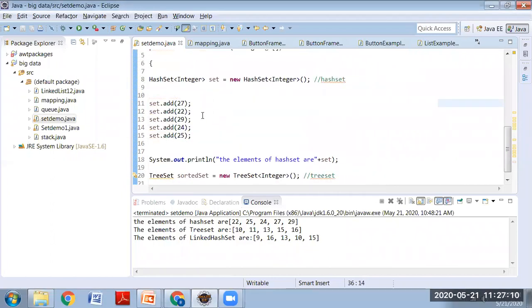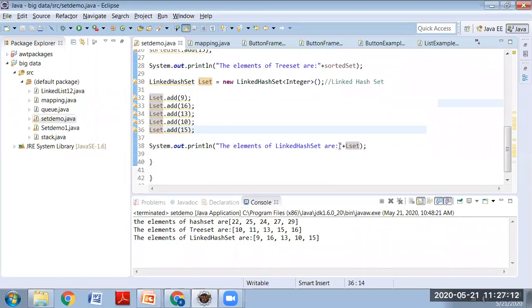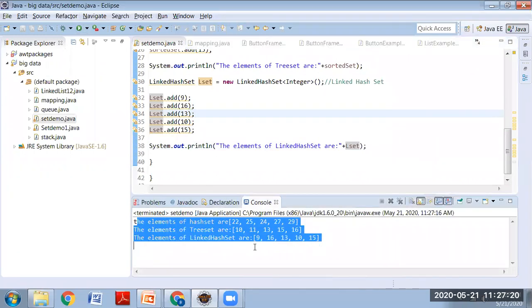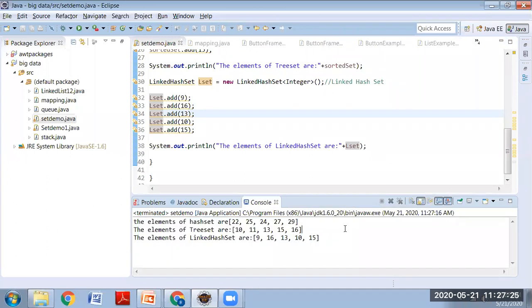So by using 3 different classes, I have created 3 sets in total, and I try to display all the values of those 3 sets. If I run this program, see the output screen. Is this output visible to you? Output is visible to you. Okay. If you observe the result of the hash set,